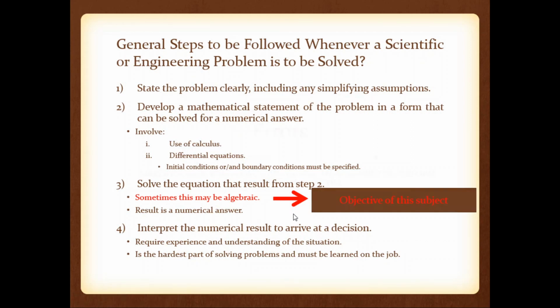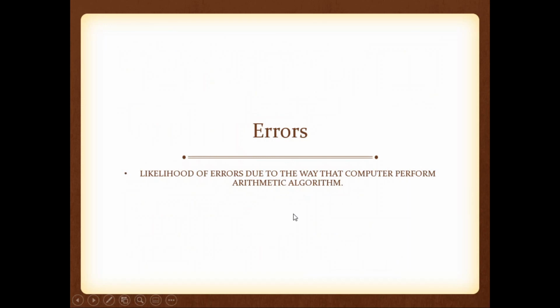So I am stopping here. In the next class, we are going to discuss what errors are involved in numerical methods. Errors here do not mean manual errors. Definitely, a blunder is one type of error. Otherwise, the errors are not due to us, but due to some computing mechanism or some situation that forces us to introduce them. So what are those types of errors? That we will discuss in the next class.